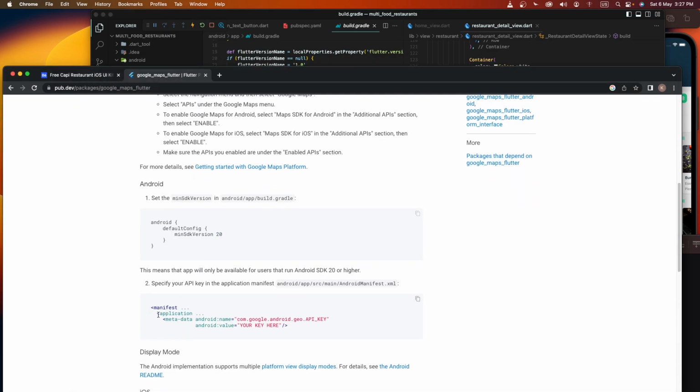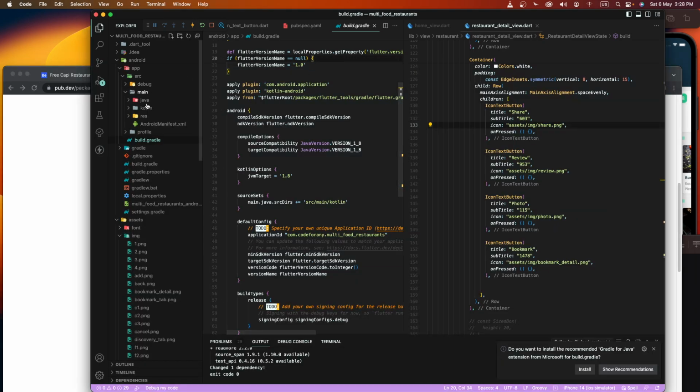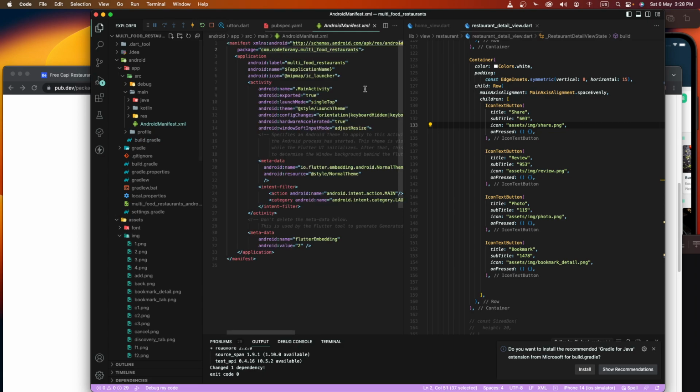And set here your manifest file, inside create this, copy this line, and paste here, go inside here, and